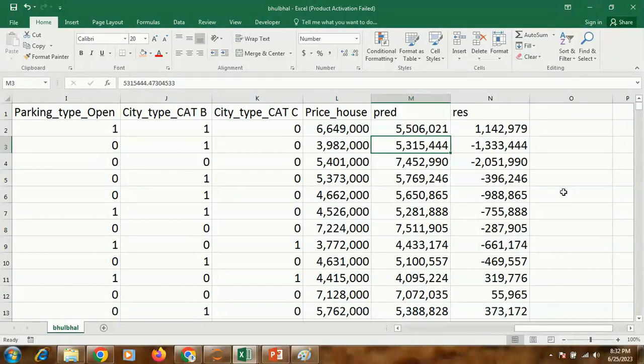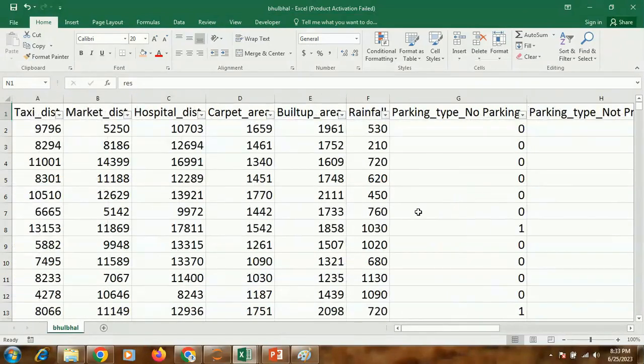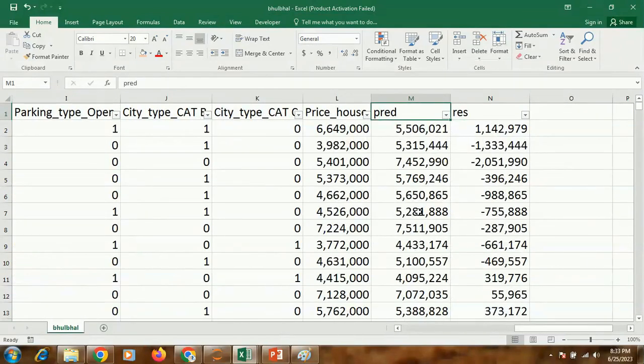Negative values, because over here you think it should be 53 lakhs whereas they are asking for 39 lakhs. Whereas here you think it should be 55 lakhs but they are asking 66 lakhs. Clear?